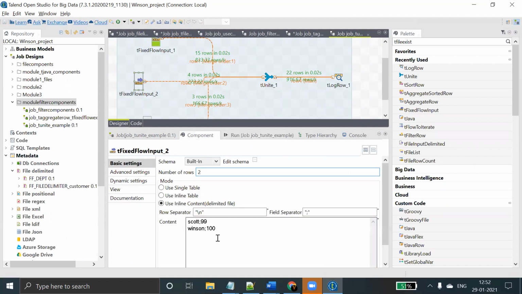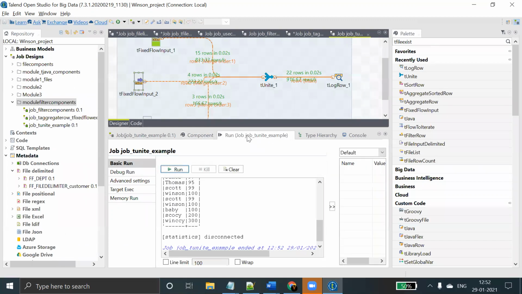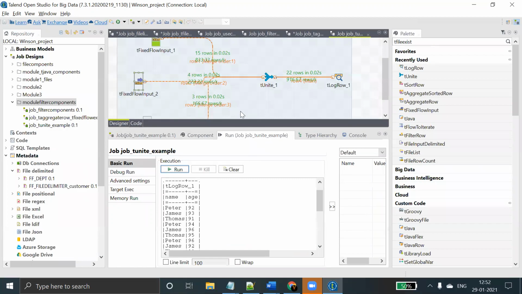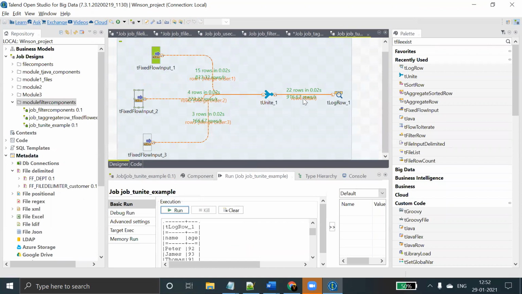This one, Scott 99, right? If you see the output, Scott 99, the same data has come. It has not eliminated duplicates actually. Whatever data is there, it will simply move here. So 7 plus 15, 22, correct, exactly 22 will come.